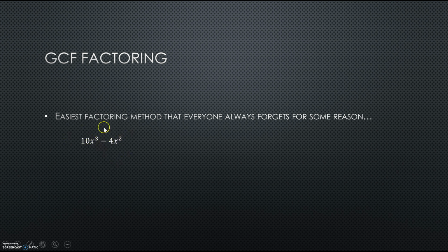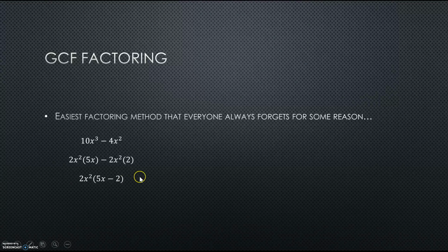So I can rewrite this polynomial as a bunch of products, right? I can do 2x squared times 5x and 2x squared times 2. Now, if I pull that 2x squared to the front, what I'm left with is 5x minus 2. And hopefully you can kind of see if I had done these lines in this order instead, starting at the bottom and working my way up to the top, that'd just be the distributive property. So I would just take 2x squared times 5x, 2x squared times 2,